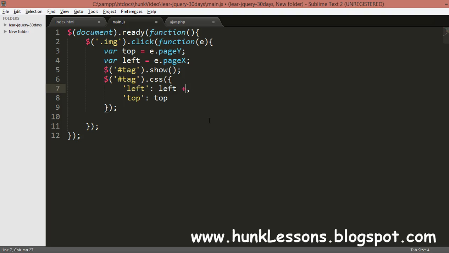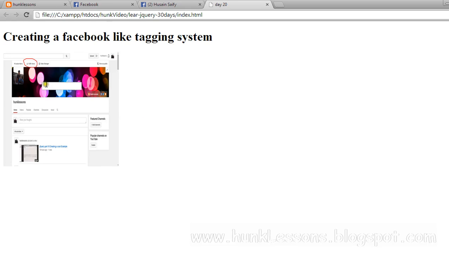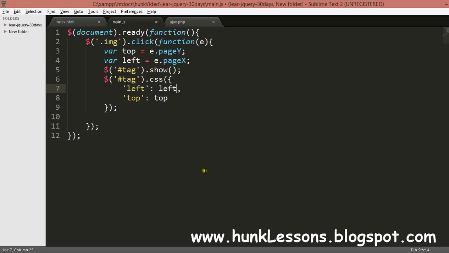I want you to see the problem that it's just displaying beside the mouse. I want it to be a little bit down. For this I will add to top, I will add plus 15 pixels.